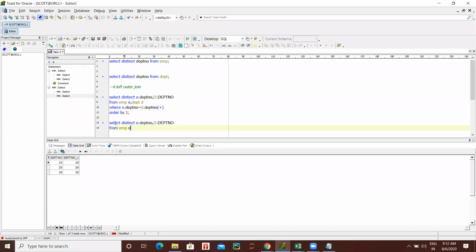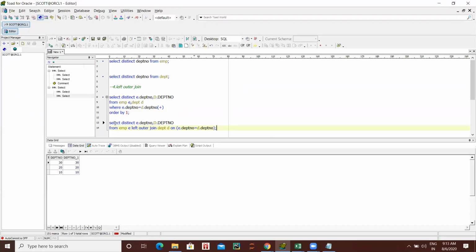So here: select distinct E.department_number, D.department_number from employee E left outer join DPT D on (E.department_number = D.department_number);